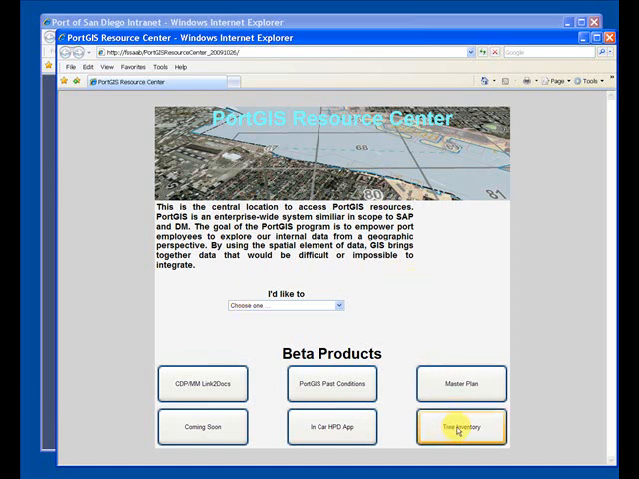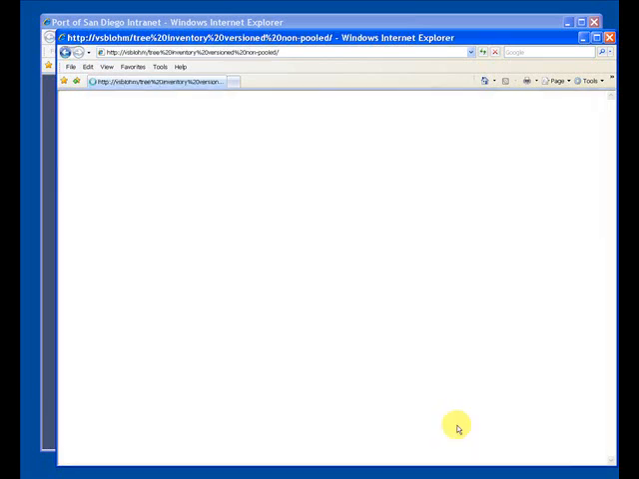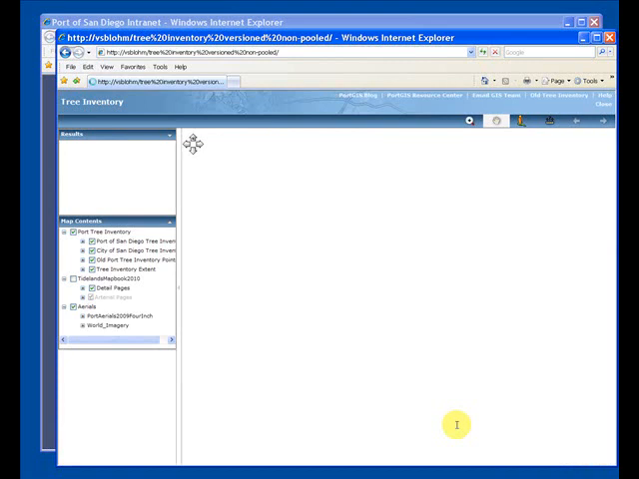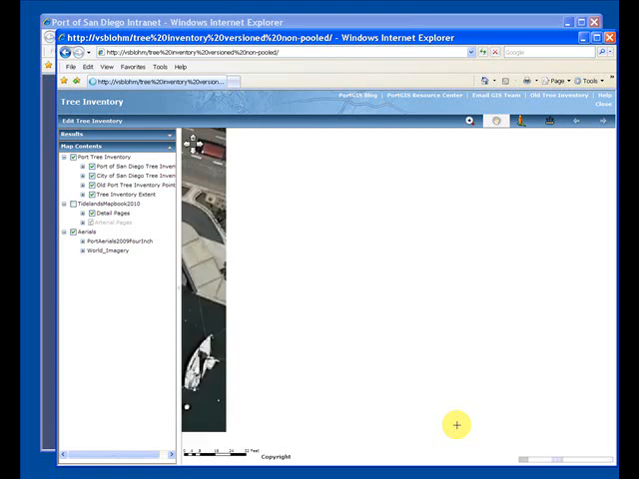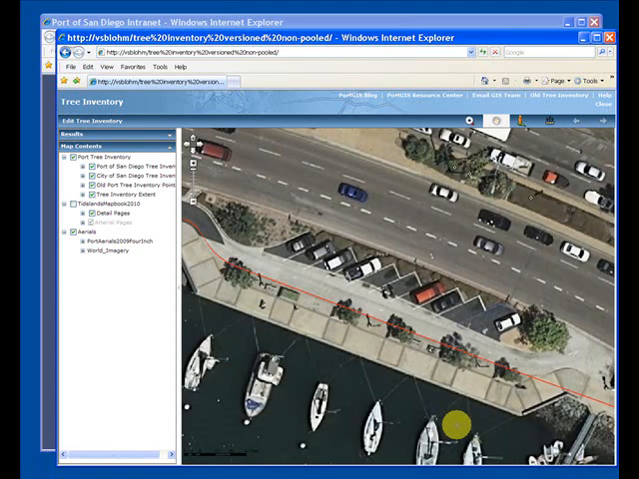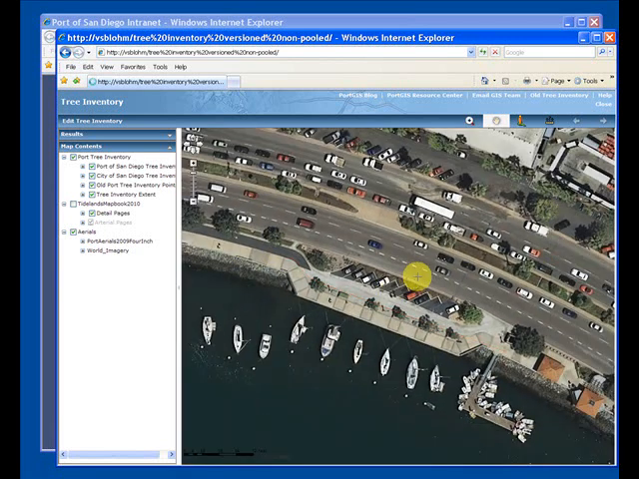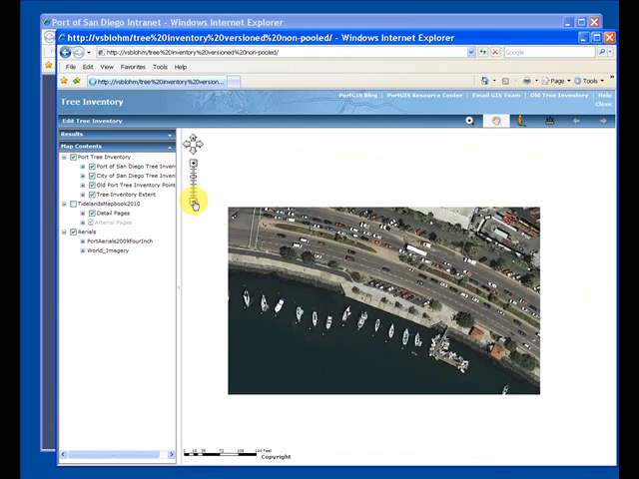So to get there, you just click on this tree inventory button, and it's loading for the first time. The first time it loads, it will take a second or two. But once these aerials are cached on your computer, once this information is cached on your computer, it will move pretty quickly. Okay, so here's our parking lot that we're going to do,